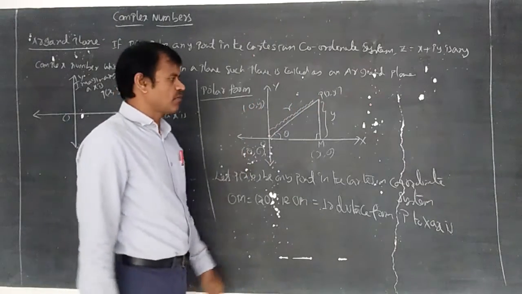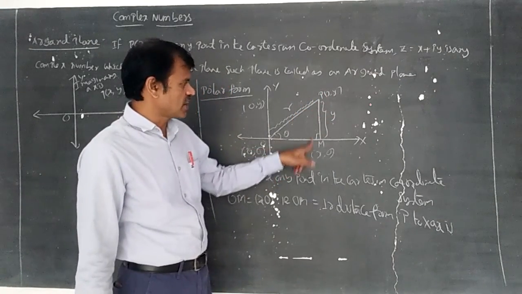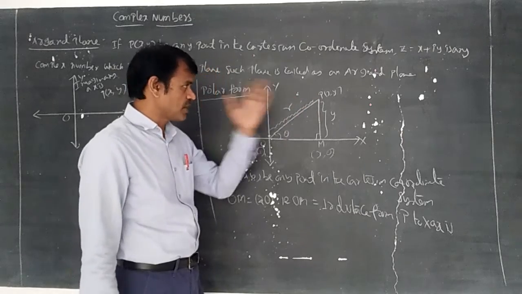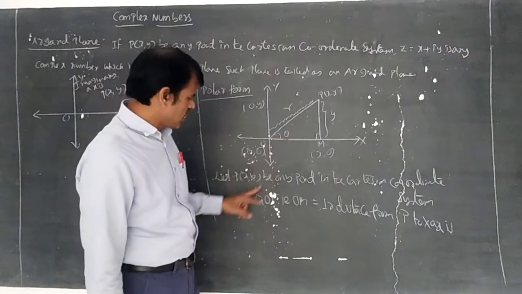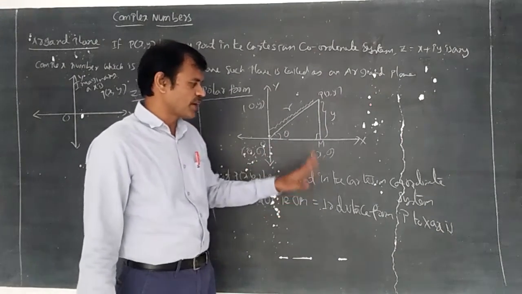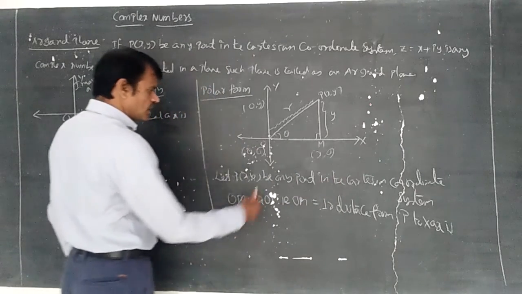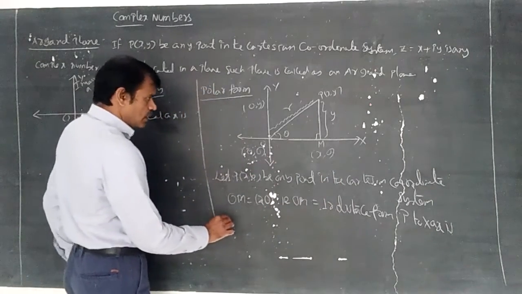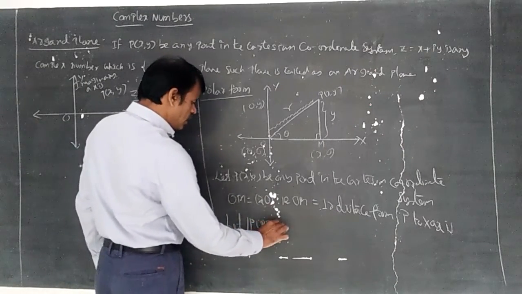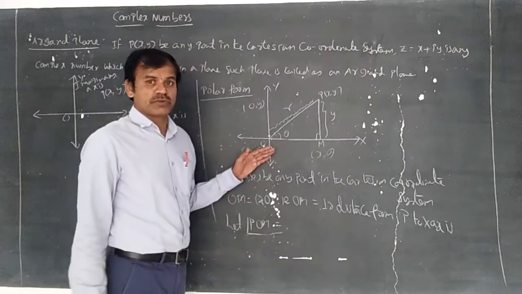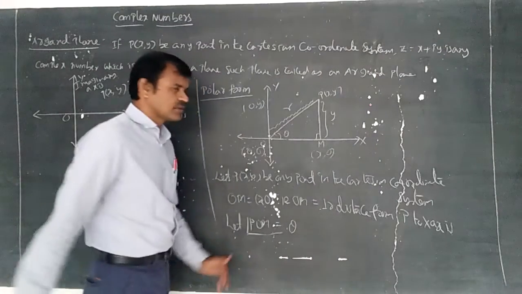The point P x comma y is nothing but the x measured from the origin on the x axis and y measured from the origin on the y axis. So P x comma y is a point in Q1 or Q2 or Q3 or Q4, anything. Now I am simply discussing P x comma y being a point in the Cartesian coordinate system. Now let angle POM, the angle made by the line with the positive direction of the x-axis, be theta. Angle POM is equal to theta.